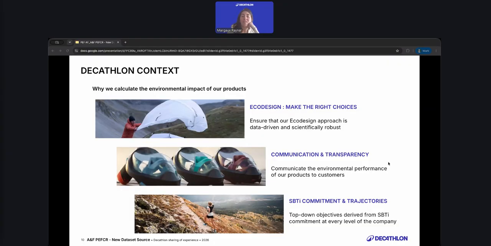So just to start, a bit of context about Decathlon and the environmental assessment. At Decathlon, we calculate the life cycle assessment of all our products for more than 10 years now. And we do that for three main reasons. The first one is eco-design. We developed an